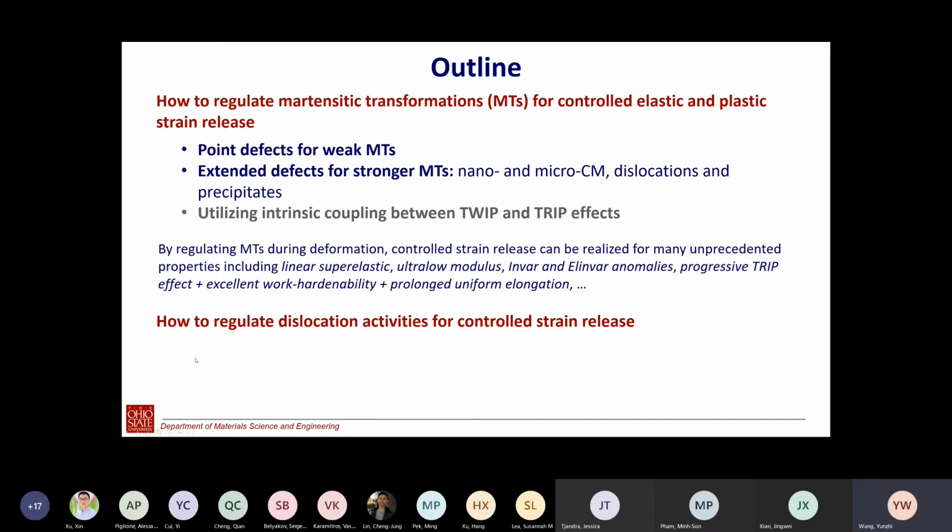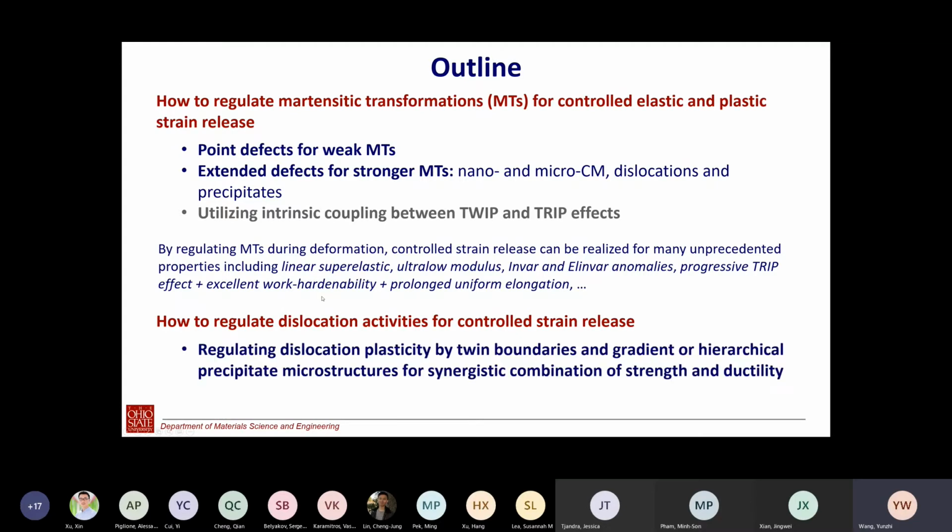So during those studies, actually, we learned a trick. All those tricks: point defects, that's solution strengthening; extended defects, that's all different kinds of work hardening, precipitation hardening, and also grain refinement. So we learned all those tricks from the dislocation plasticity. But now, by doing so, we developed some new ideas, and we want to apply them back to how to regulate the dislocation plasticity as well. So I'm going to show you one example. How can we design hierarchical or gradient precipitate microstructure, and then try to push simultaneously the strength and ductility of